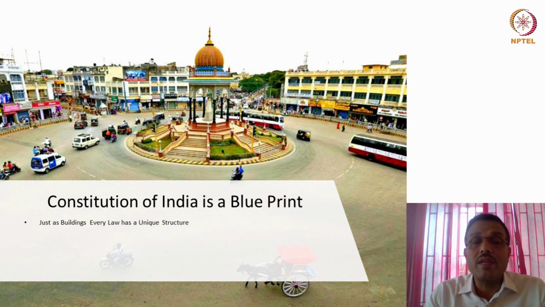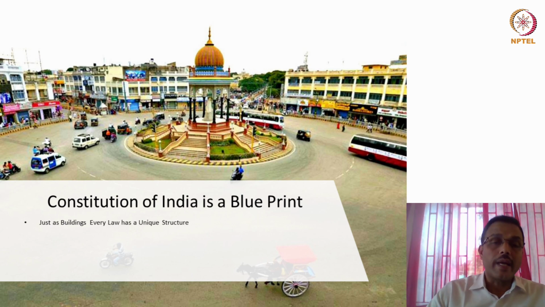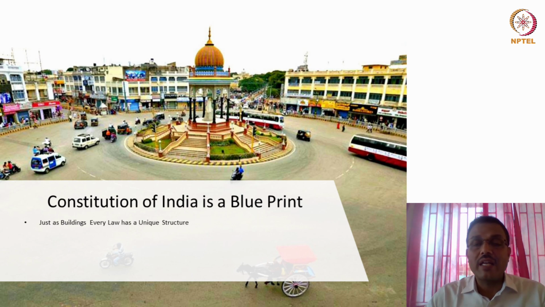Interestingly, the uniqueness will also be in relation to certain kinds of words. For example, just giving you the context of, say, what is due process of law, as against what we call procedure established by law. Now, a lot of people will tell you that these both probably mean one and the same thing, but the word that is used and how it is textualized in the constitution is entirely different, right? Procedure established by law or the due process of law, right? So I think those very clearly tell you the kind of blueprint a constitution is able to make.